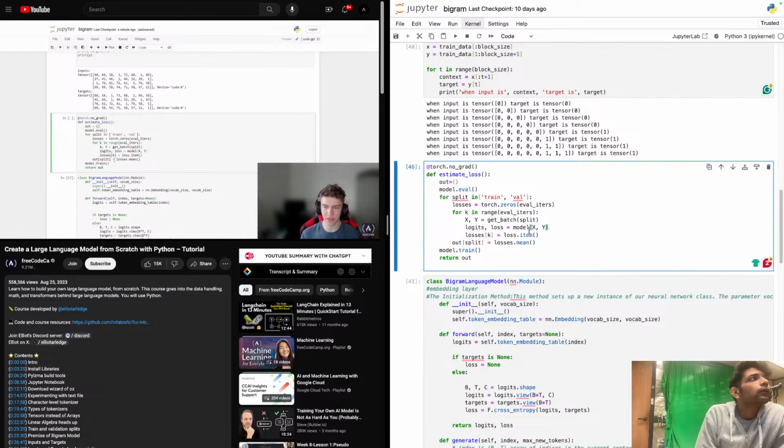So anyways, if you want, you can just take a quick read over this, and it should overall make sense. Terms like .item and .mean are pretty common. A lot of the other things here, like model, X and Y, we get our logits and our loss. This stuff should make sense, should be pretty straightforward. And the only two other things I want to touch on are model.eval and model.train, because you probably have not seen these yet. So model.train